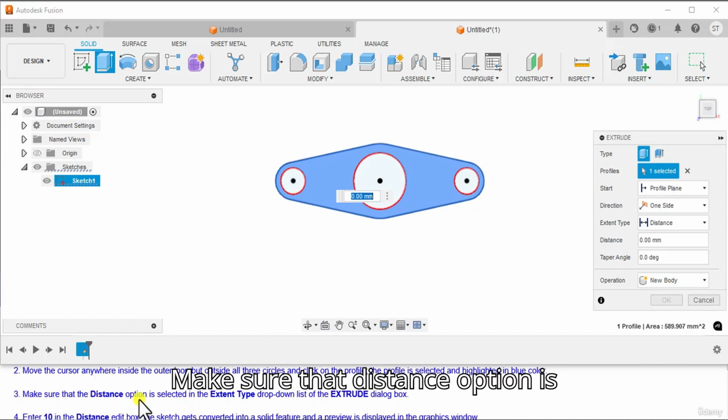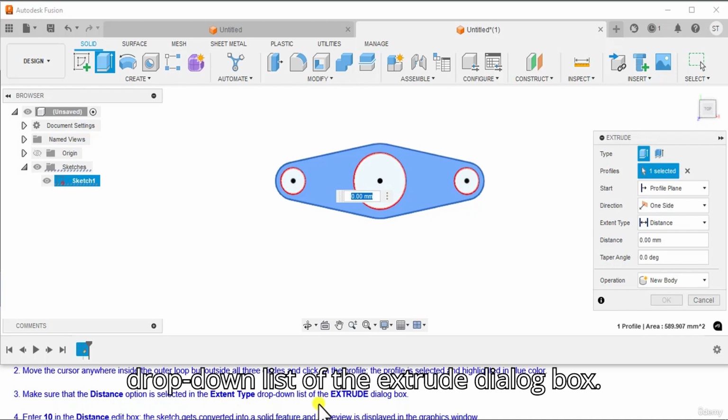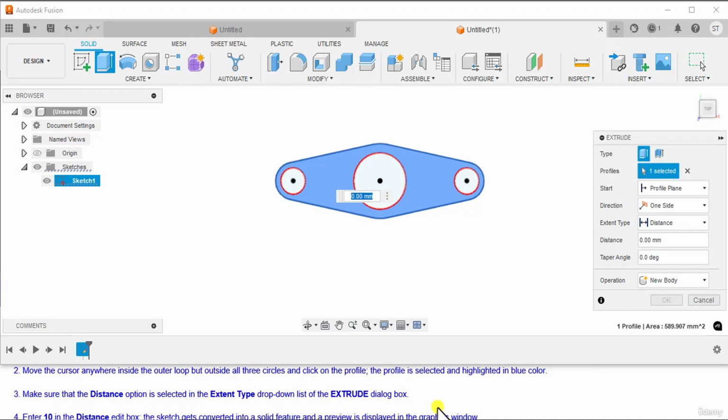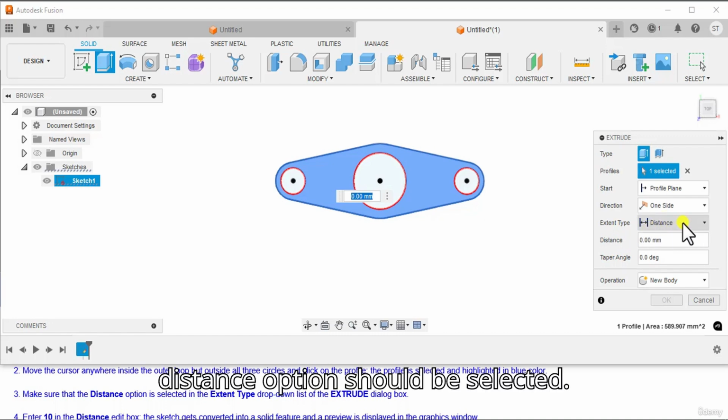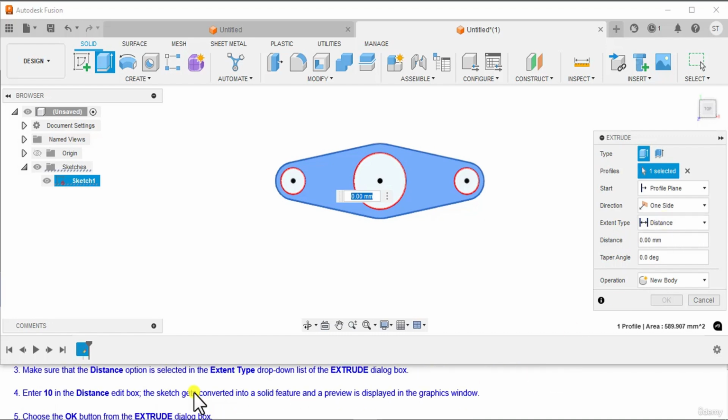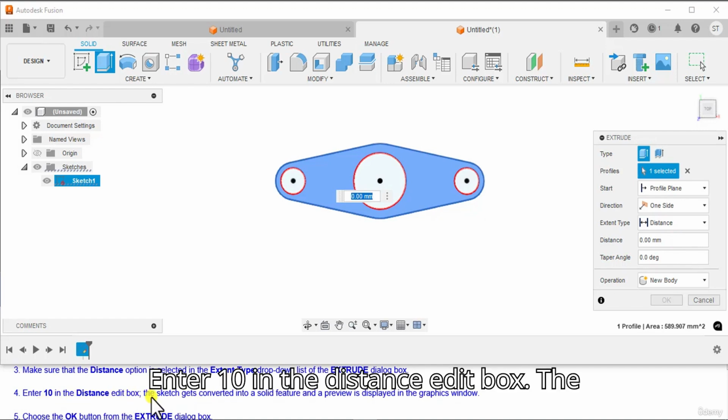Make sure that the distance option is selected in the extent type drop-down list of the extrude dialog box. Enter 10 in the distance edit box.